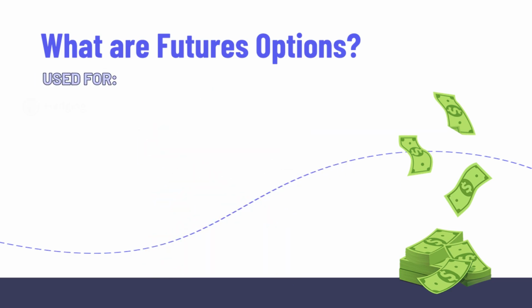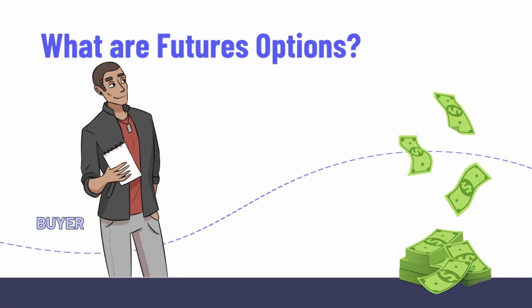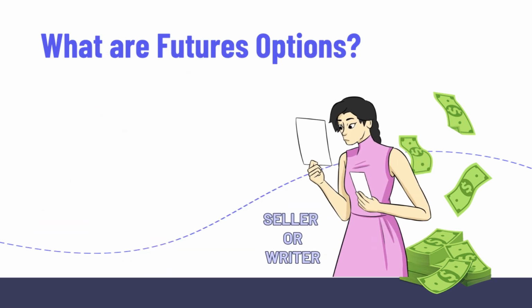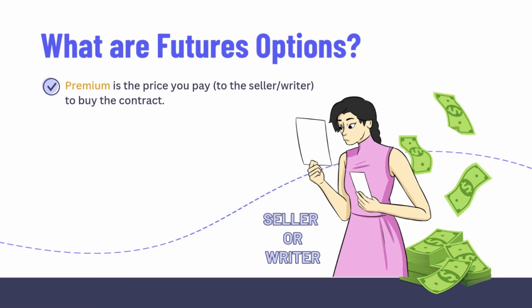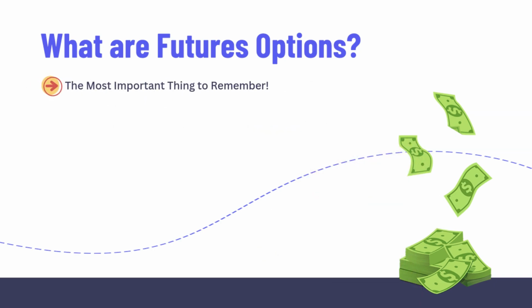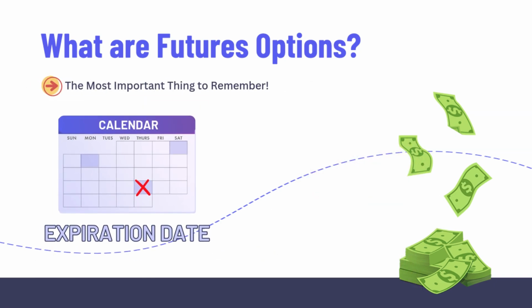These options can be used for hedging, speculation, or arbitrage purposes. The buyer of a futures option can potentially profit if the futures price moves in the desired direction, while the seller, or the writer, of the option receives a premium and faces the obligation to fulfill the contract if the option is exercised. The most important thing to remember when trading futures options is to know the exact expiration date